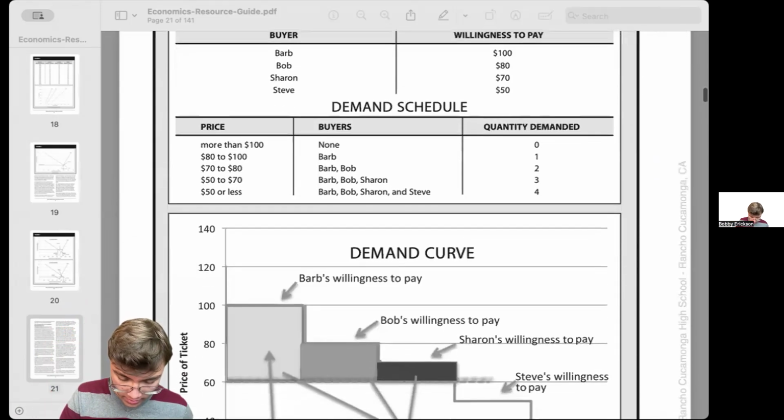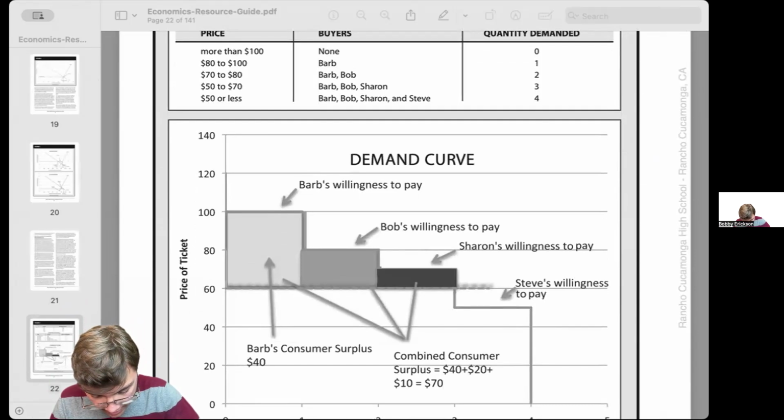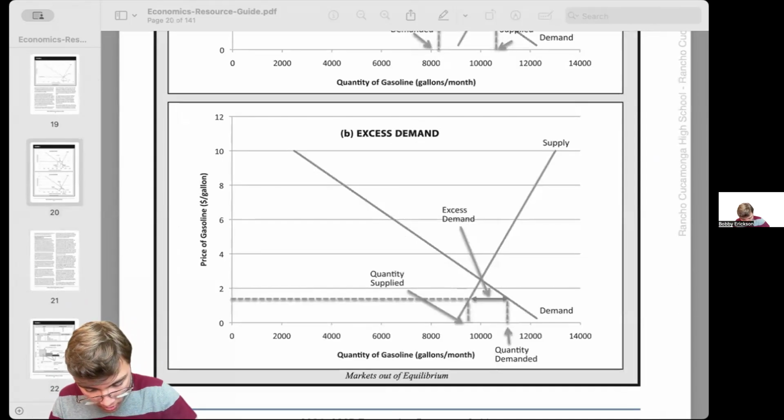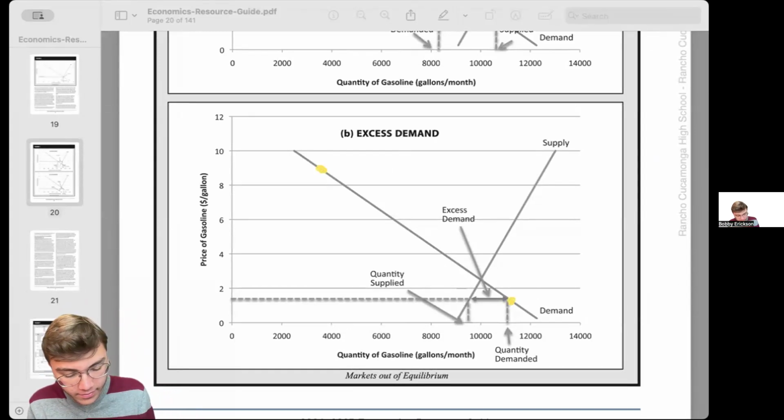So let's actually take a look at this chart right here, it is very useful. Actually, let's just go back to the curve because I can explain it better there, and then we'll get to that. So this person values the good more highly than this person does, or at least they are willing and able to buy gas at this high of a price, versus this person is only willing at this high of a price.